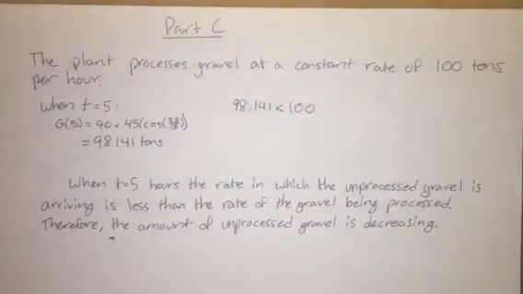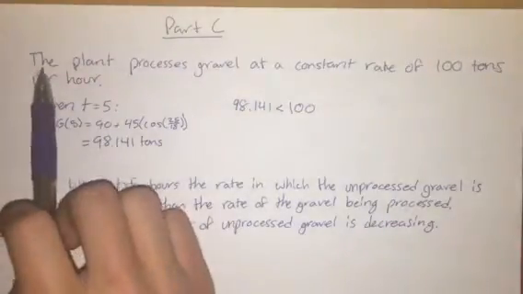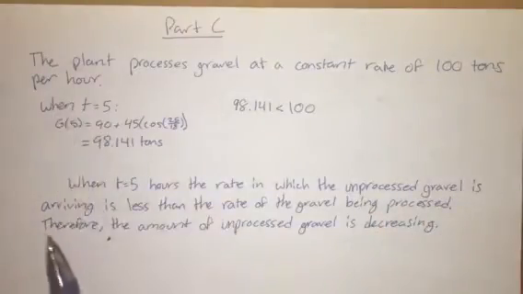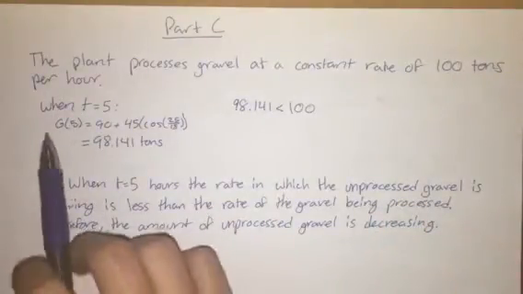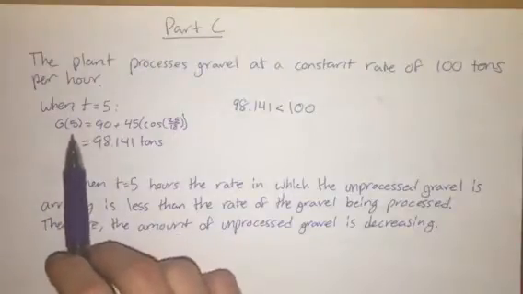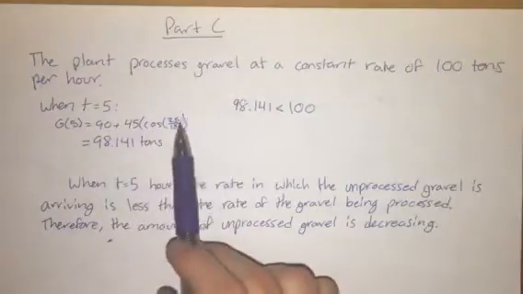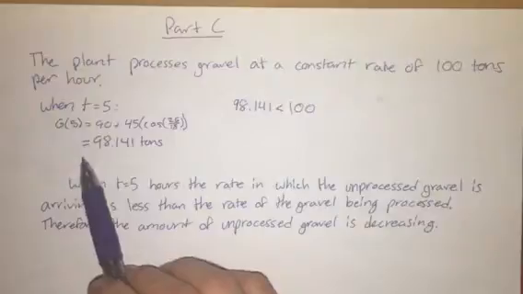Then we move on to part C. This is asking, is the amount of unprocessed gravel at the plant increasing or decreasing at the time t equals 5 hours? Show the work that leads to your answer. In the beginning of the problem, it says the plant processes gravel at a constant rate of 100 tons per hour. So first we need to find when t is 5, what does that equal? We plug it in as g of 5 equals 90 plus 45 cosine of 25 over 18. That gives us